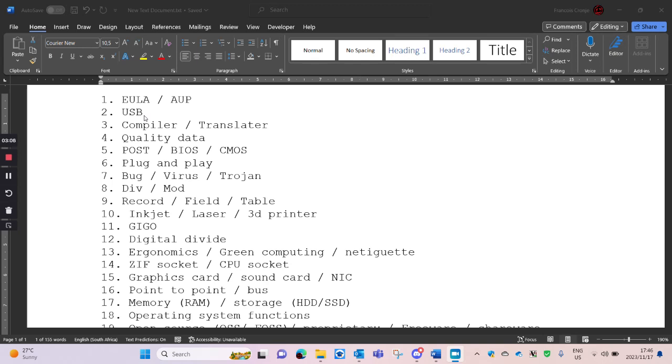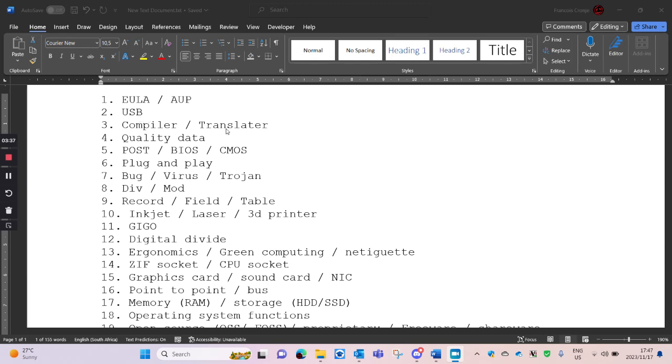Yeah, so USB, Universal Serial Bus, it's where we connect peripherals to our device. And what a USB also does, it actually supplies power as well. As you know, we can charge our devices through that. So that's the difference between USB and some of the other types of ports we had, where USB can also supply power.